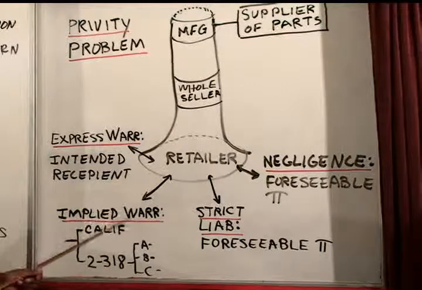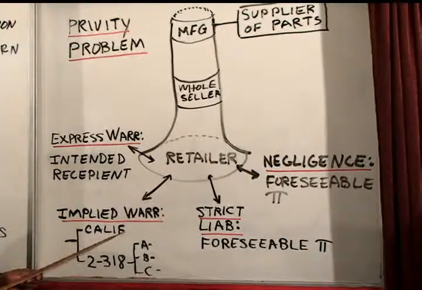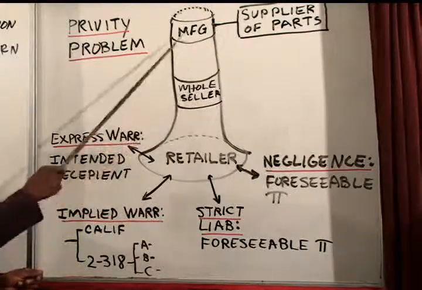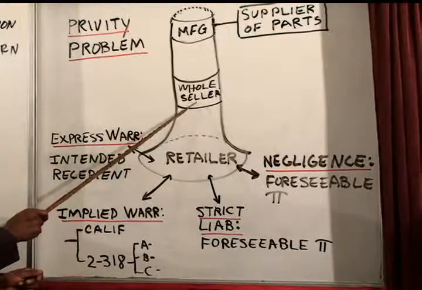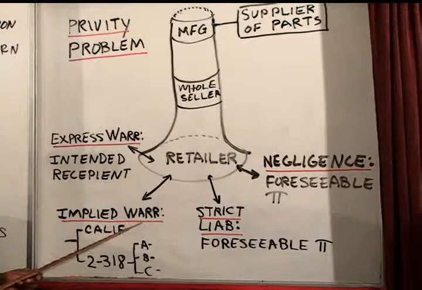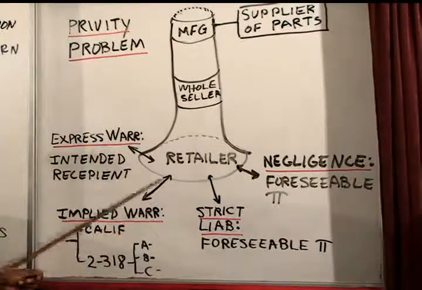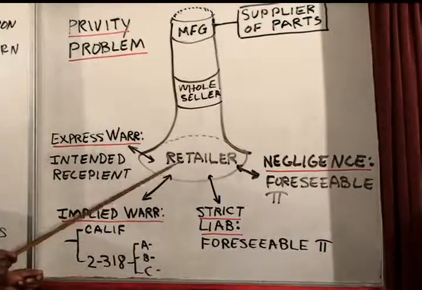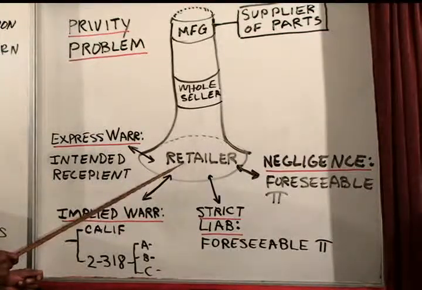But these special damages, these are specialized or consequential or Hadley versus Baxendale damages. The people further up, the wholesaler and the manufacturer, would have no way of knowing about the special circumstances of the customer who says, I'm going to have a unique type of injury if the product doesn't work right. So the implied warranty, you can usually sue the retailer if Hadley versus Baxendale will let you, but you cannot